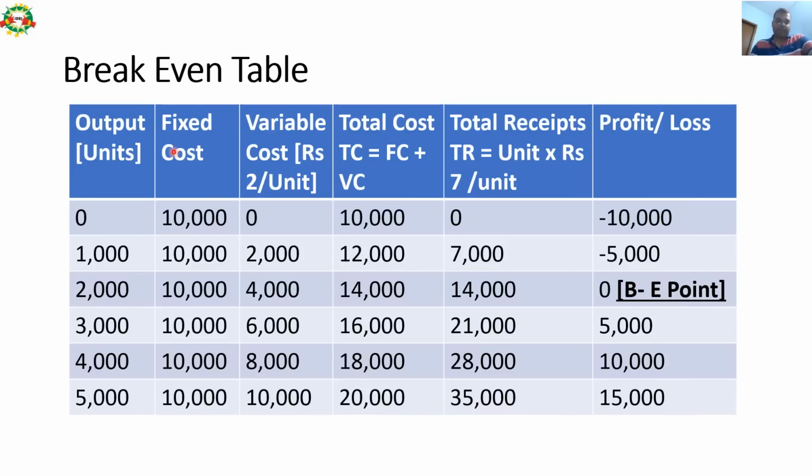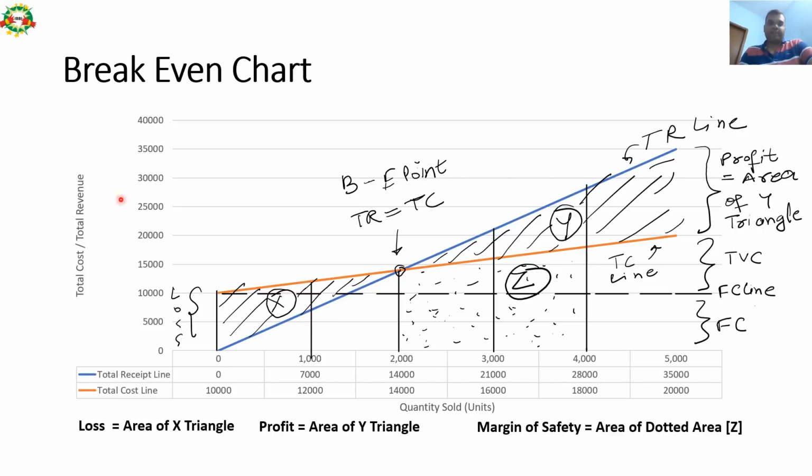So with the help of this table, we can calculate break-even point, break even quantity, break even revenue, or any other information, say if the examiner is asking. So we can also calculate data in this type of table also. So this is the third method of calculating break even point or break even quantity or break even revenue.